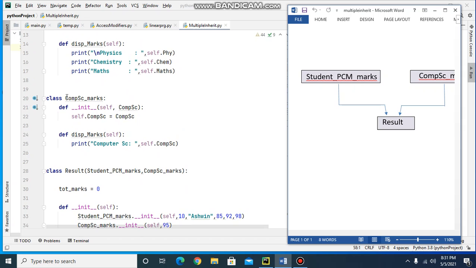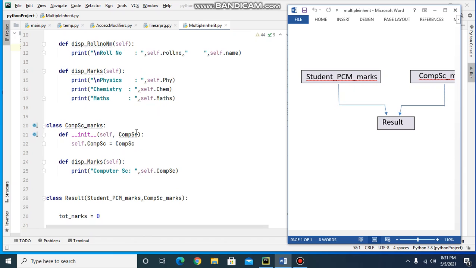Then in the other base class, computer science marks, this is the constructor. The parameter is the mark of computer science. And here also we have the method display marks, which will display the marks of computer science.